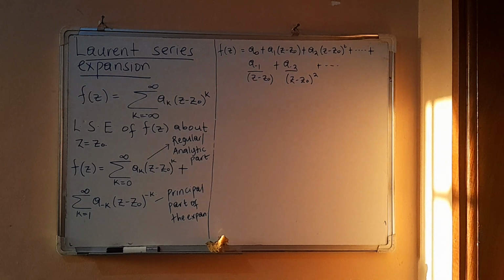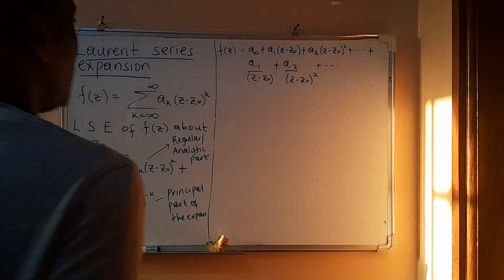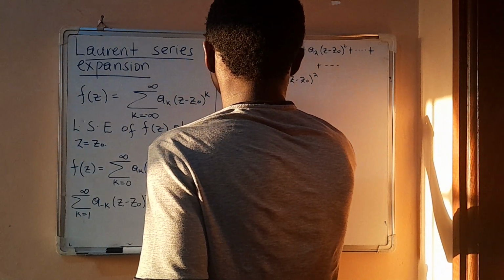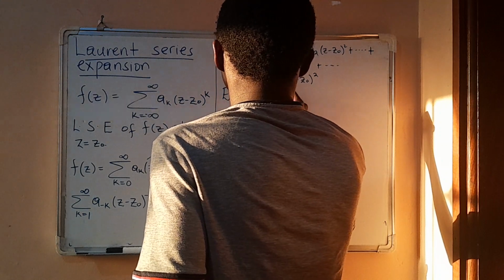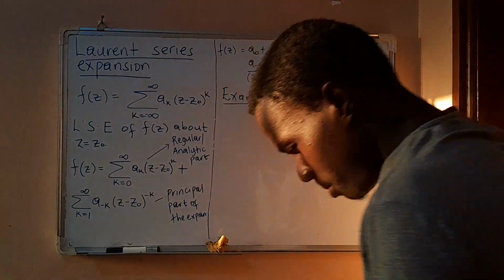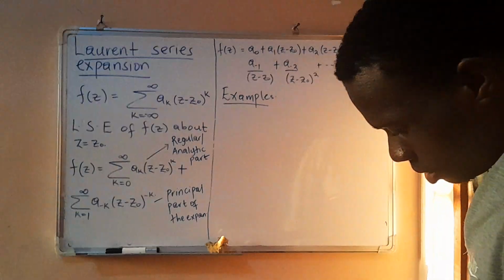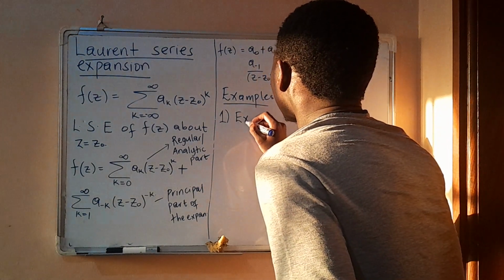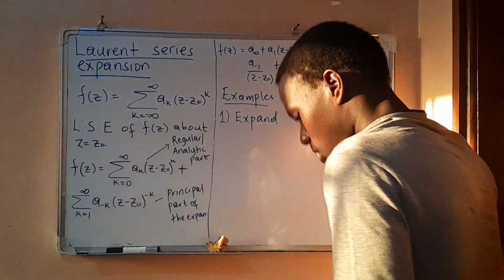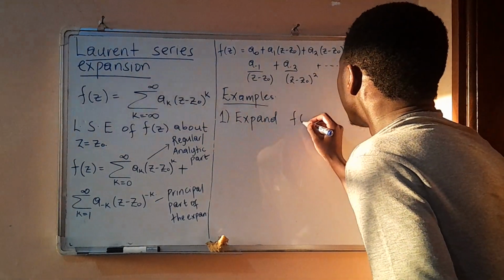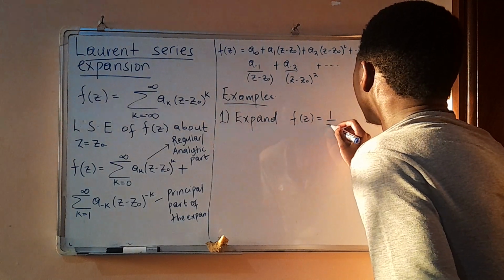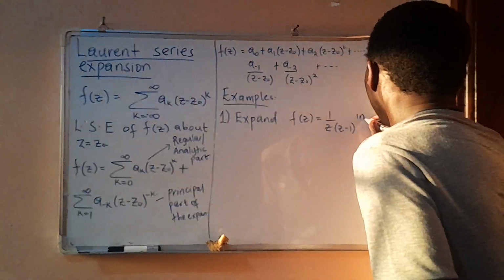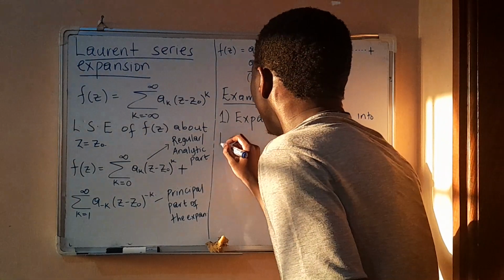Now we are going to look at some examples on how to obtain such a series representation of a function. We are going to expand f of z equals 1 over z minus 1 into Laurent series